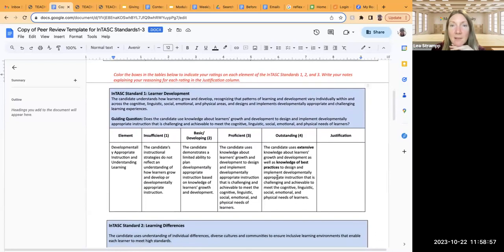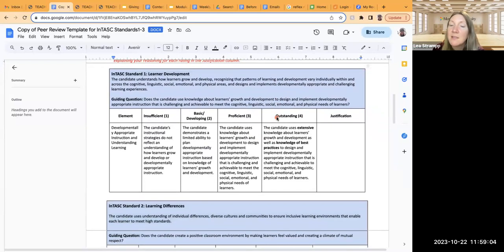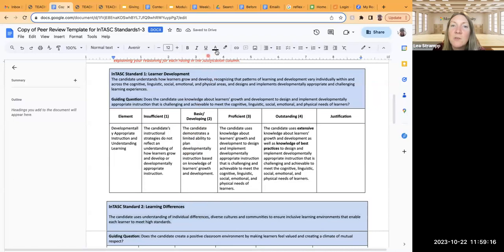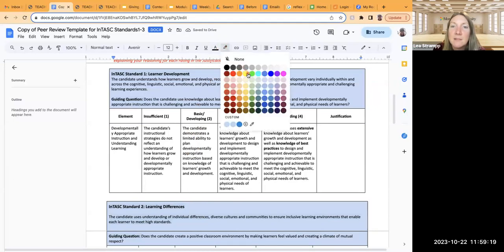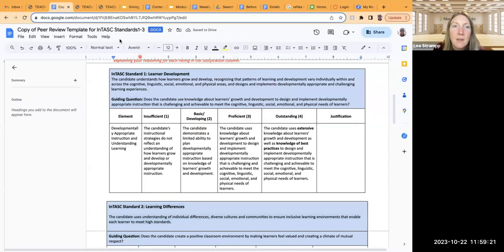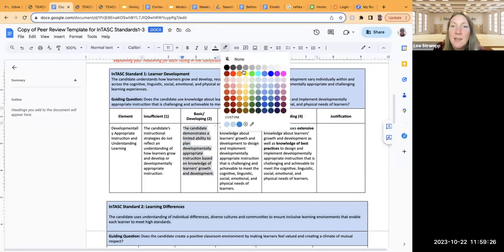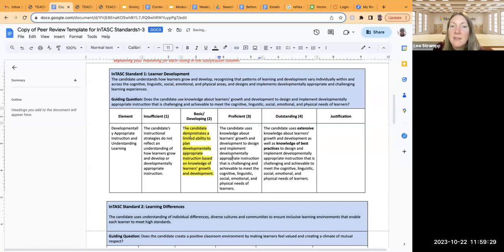Down here is where I pay a little bit more attention with the grading, and I focus a lot more on this. So the way that you will use this rubric is you're going to take a little highlighter when you have this document, and you're going to highlight the area that they felt they did well. So if you think they did basic, then you'll highlight. We'll use one of your color tools up here like this. I'll model it for you real quick. So then you can highlight the text and then highlight the color, and then that'll be the indication that you felt that they deserve a basic